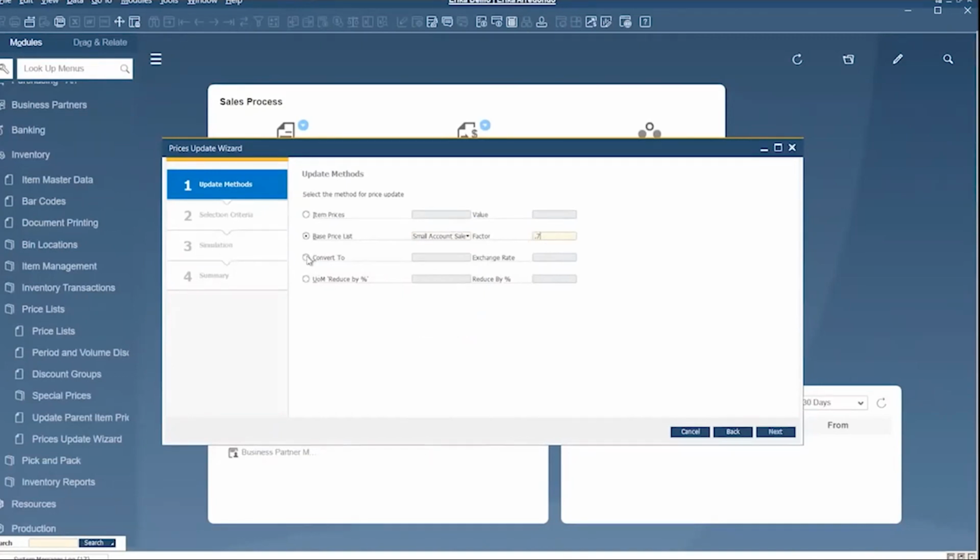Convert to exchange rate allows you to update prices by converting them to a different currency. Select the currency that you want to convert the prices to and specify the exchange rate between the foreign currency and the local currency that applies to the price conversion. If the prices are converted between two different foreign currencies, they will be converted to the local currency first using the exchange rate defined in the exchange rate index window, and then converted to the selected foreign currency by applying